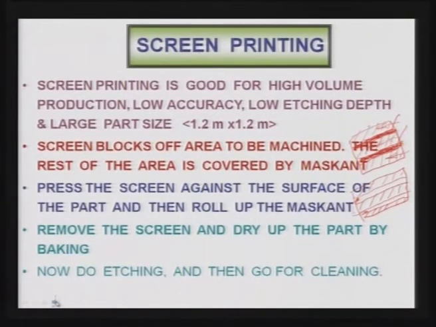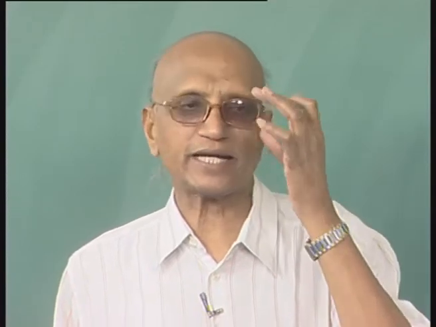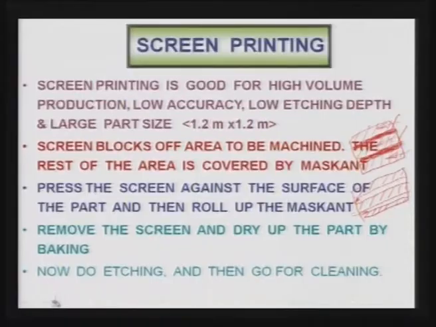After etching, in etching again you have to follow the same principle as in the case of the cut and peel method. You should know for how much time etching is to be done, and you let this workpiece be in the etchant bath for that particular period of time. In that period of time you should maintain a certain temperature as you have already decided, and agitation also should keep going on, so that you get a higher machining rate.